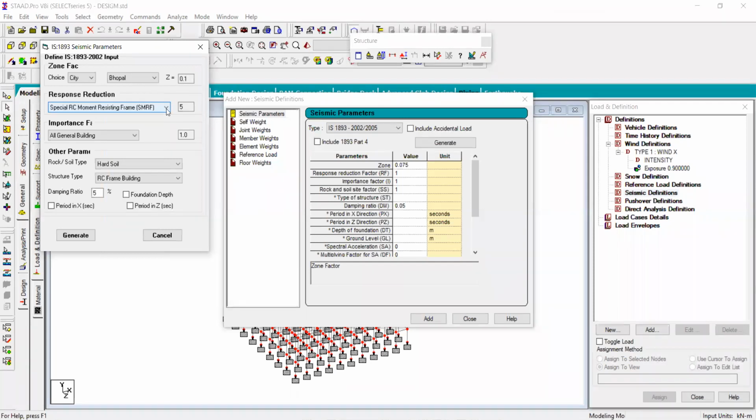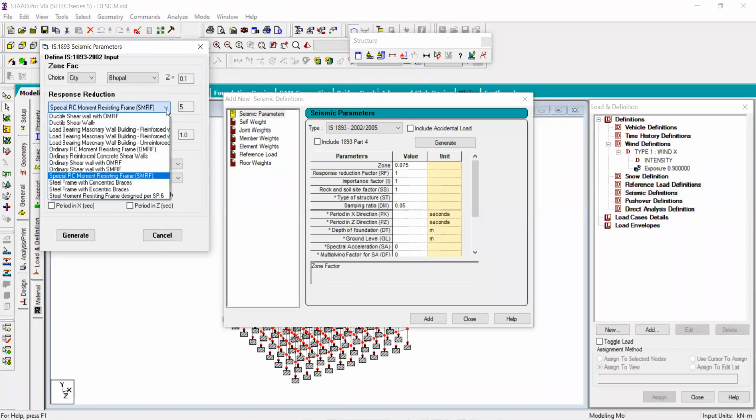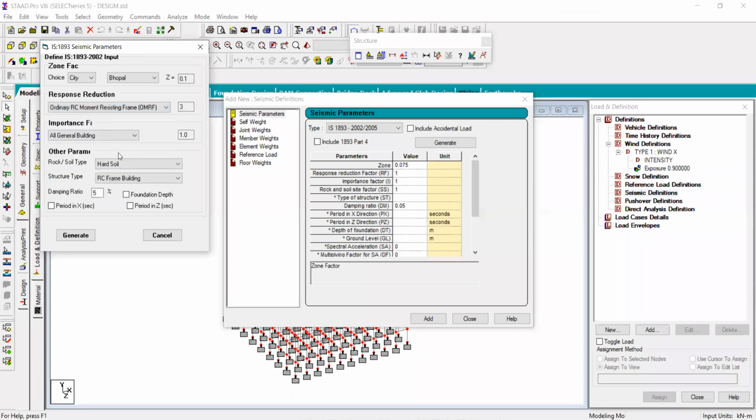There is a list here, and you just have to choose from the list. Its value is given in code 1893. You can see the tables and directly fill in the table. For example, here our system is the ordinary resisting frame system. Just click on the ordinary RC moment resisting frame system. Its value is equal to 3.